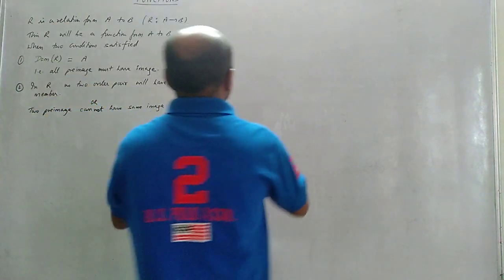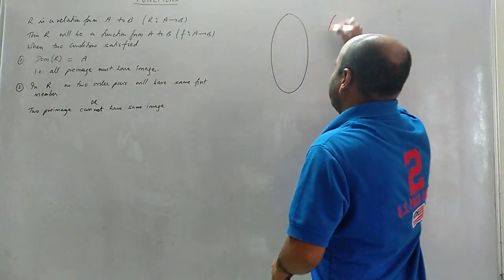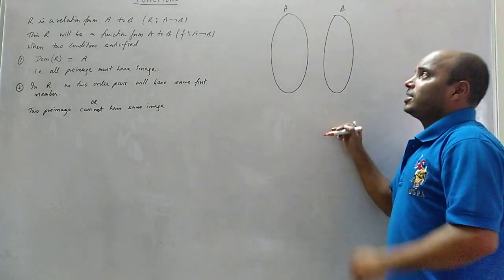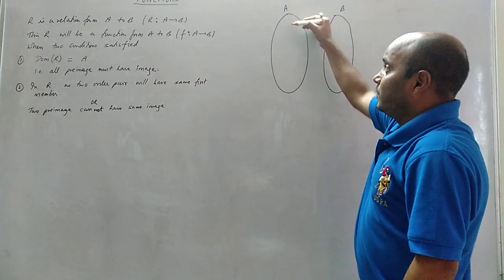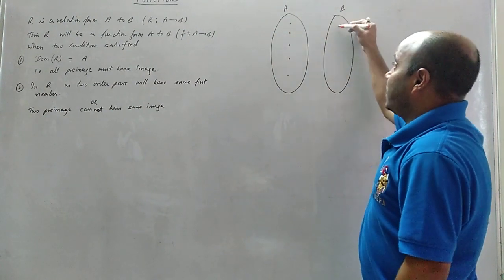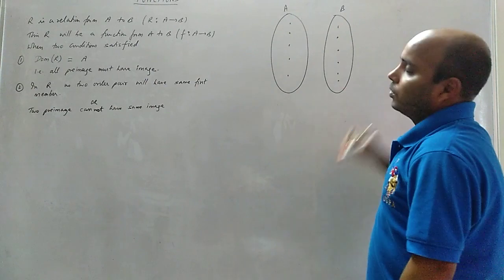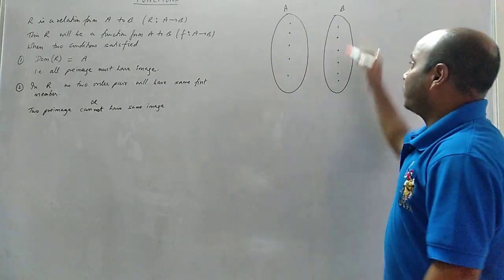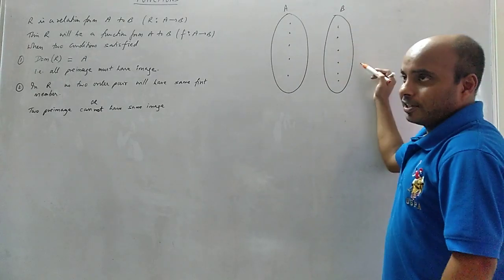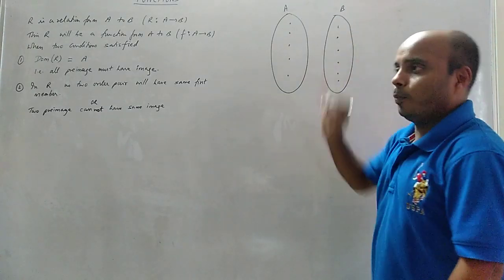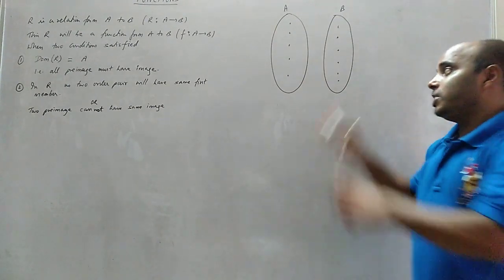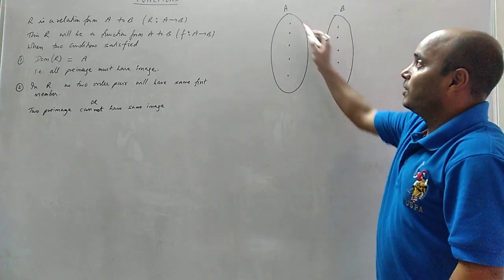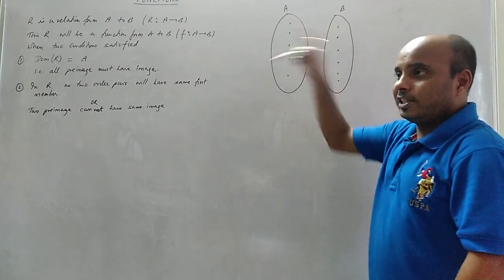Now before understanding these properties, try to understand 2 things first. This is set A, this is set B. In the relation chapter, from set A we have some elements, and we have some elements in set B. From these elements, a few elements are the domain. From these elements, a few elements are the range. And the whole set B is the codomain. This is the relation condition. That means a few elements can be left behind here when we draw arrows, seeing the relation.